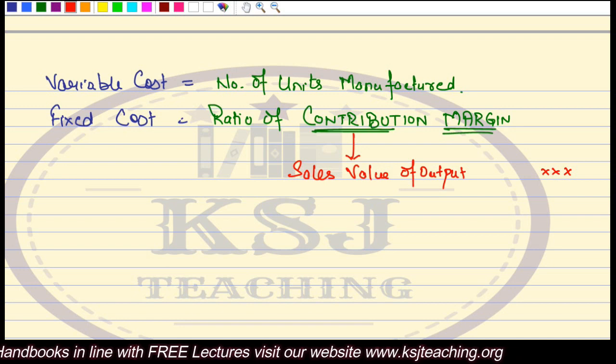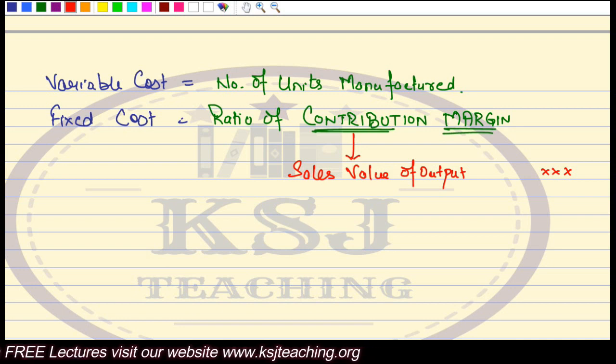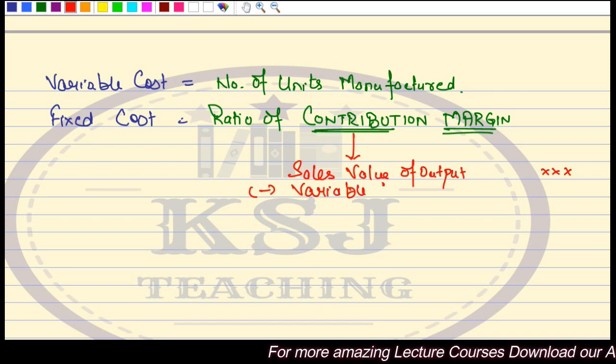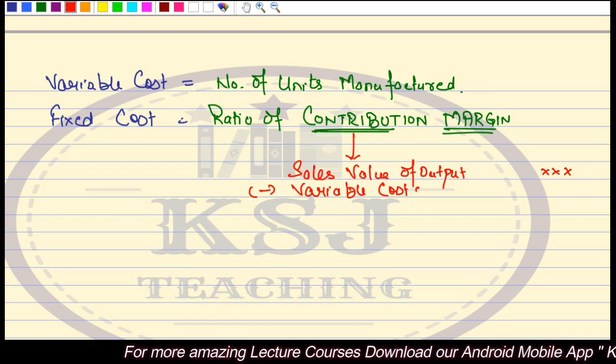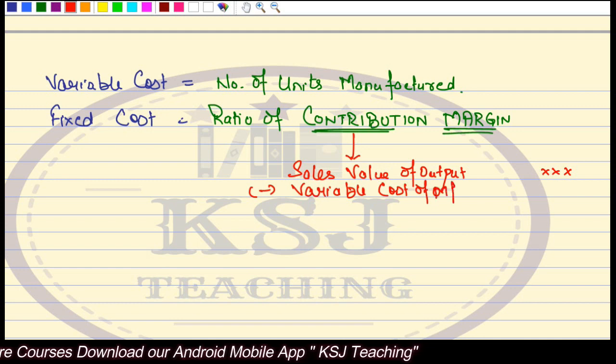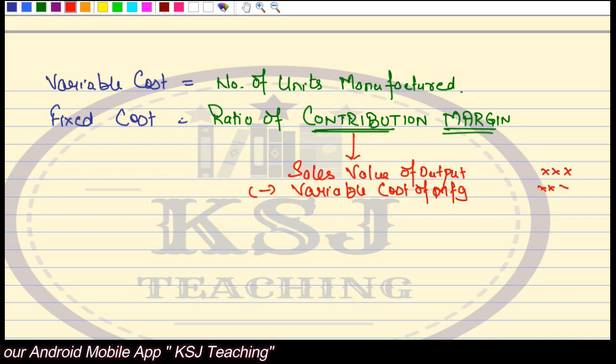So in the manufacturing of that output, the first thing is what is the sales value of that output. Another thing is what is my subtract cost. Which cost? You will subtract the variable cost of that part only. Variable cost of, right, of manufacturing. This will give you the contribution,